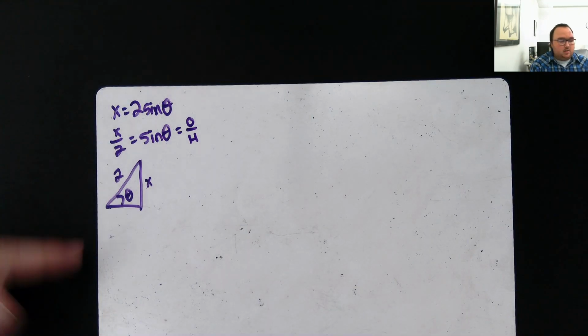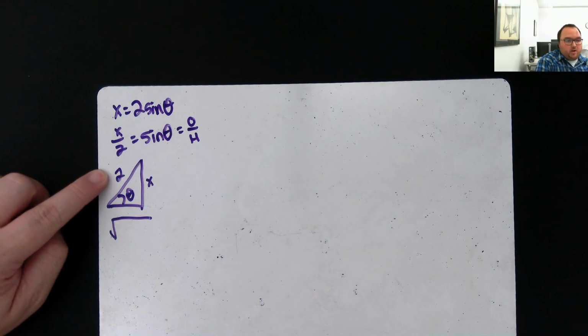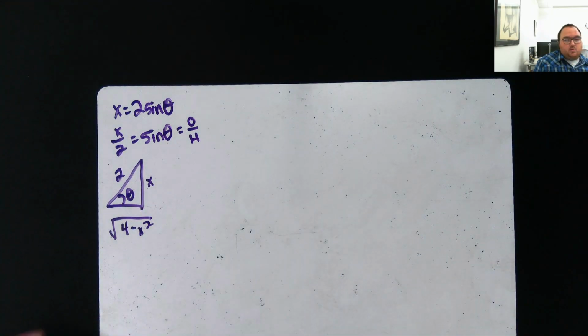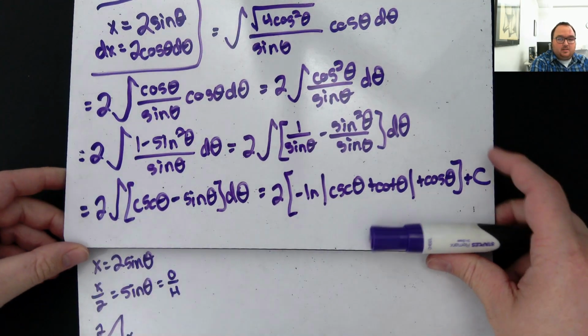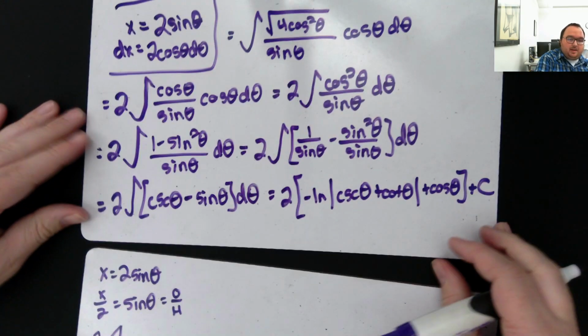So I can get this side by doing the square root of my hypotenuse squared, which is 4, minus my leg squared, x squared. This is what I reviewed at the start of class. So again, what I need from these is cosecant. Cosecant is 1 over sine. So that's going to make this